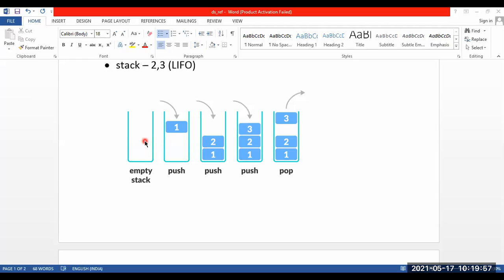Next, I will ask you to put the second element. For the second element, I'll say you insert your charger. Again, from the top only, you will insert it. Now I'll ask you to insert another item there. I will ask you to insert the mobile phone. Again from the top section only you will insert.